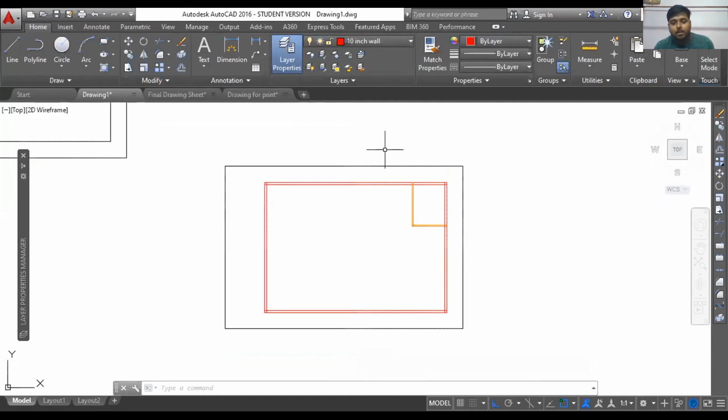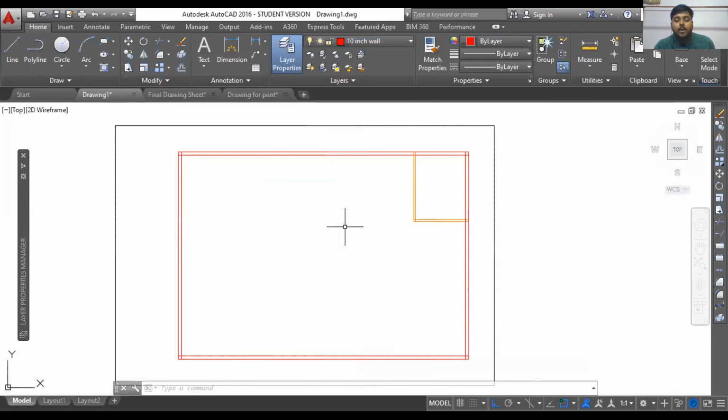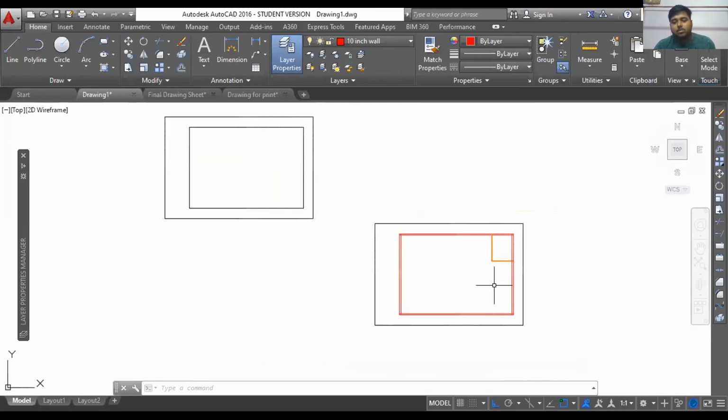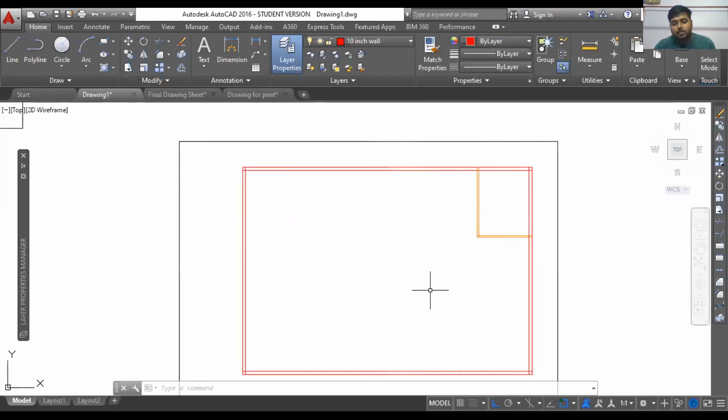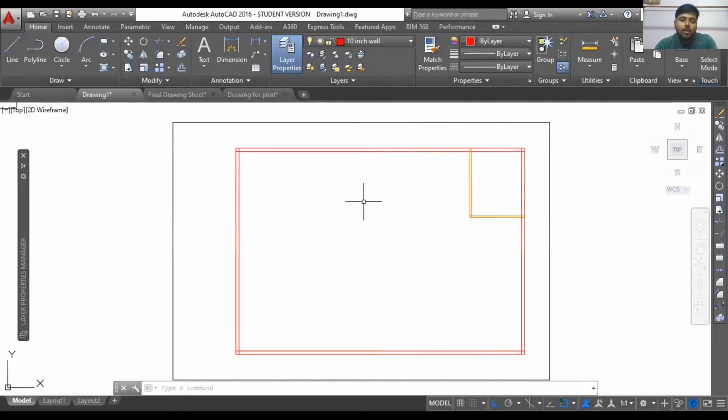As in my case, I was explaining it to you, that's why I forgot to put those inside the layers, so I put them in later. That is not a big issue, but it will matter when you are dealing with a very big or very complicated plan. In residential projects, it doesn't matter much, so don't worry about that. But still, you need to practice and make a habit of using the layers. That's why I'm advising you to go for layers. Okay, so start drafting.